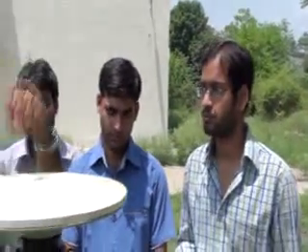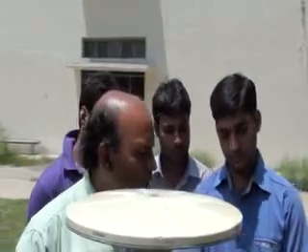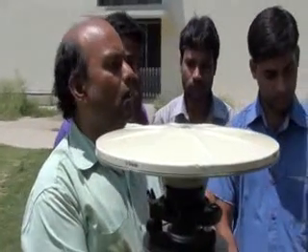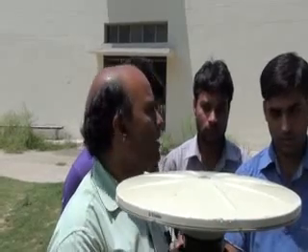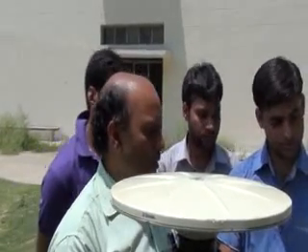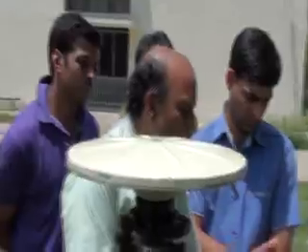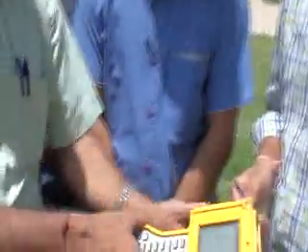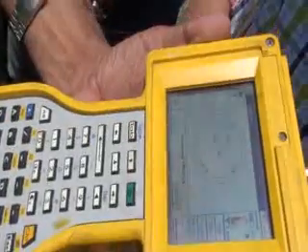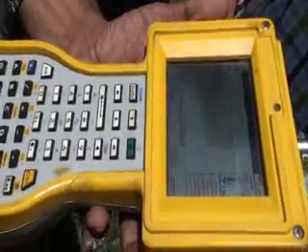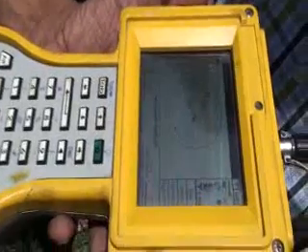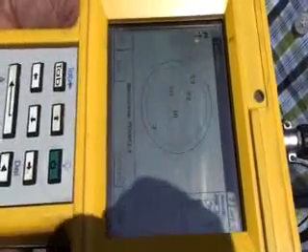Once it receives the signals, you can convert these signals through the controller into the position, latitude and longitude, and the altitude of that particular place. Here you can see at a given time, for example at this particular position, the number of satellites. More than 3 satellites are visible to you, because these satellites are continuously moving in the orbit.